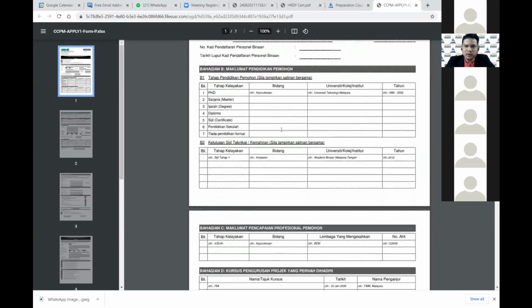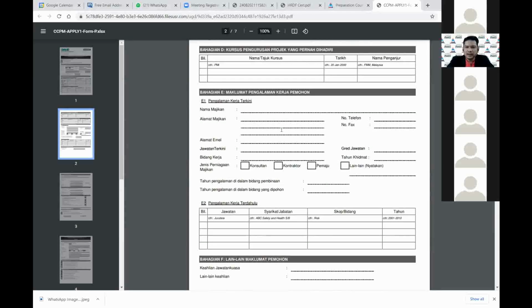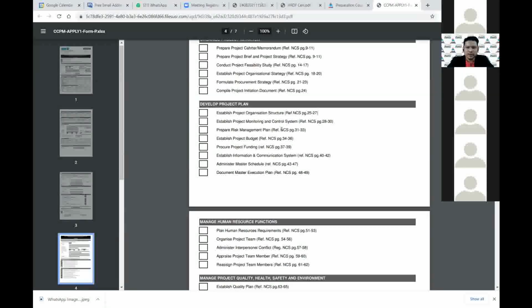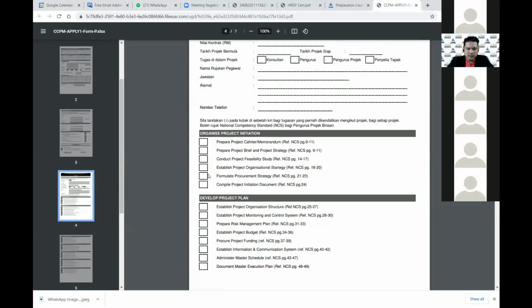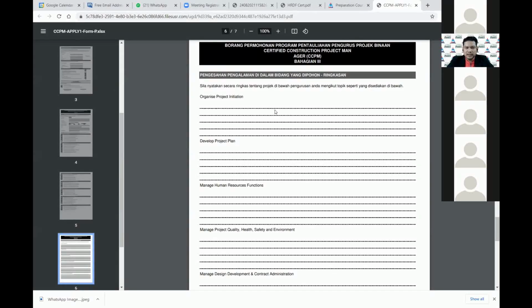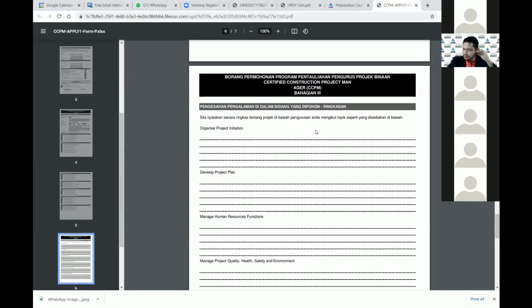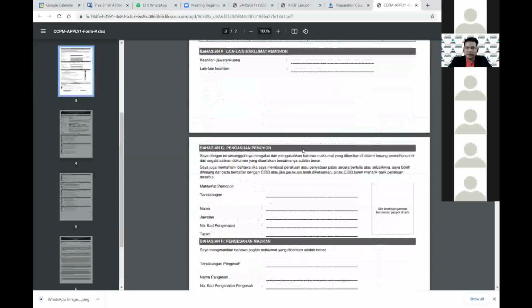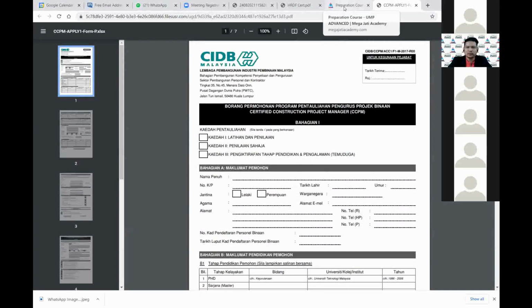Please fill out the form. The form is quite lengthy, but it's important for you to fill up the right form. Choose the right form as well. Make sure you write everything. And this one, whatever you have been exposed to, you just tick because you've been mapped to the national competency standard. And some of the project, what we call ringkasan project, you can prepare using Word or whatnot, and just give it in the attachment. So everything is ready. Send back to us. Don't send to CIDB. Send back to us because we are compiling the forms for you.